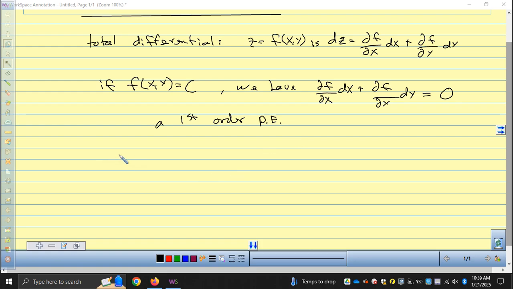So we're going to say M of x y dx plus N of x y dy is an exact differential